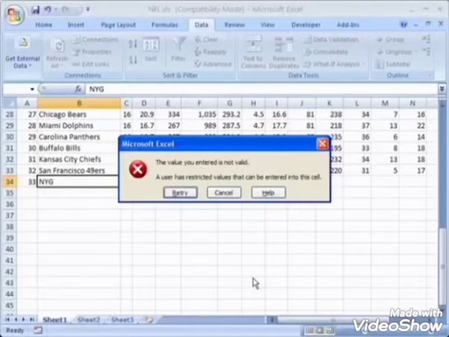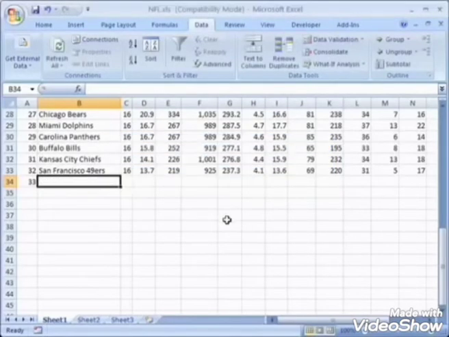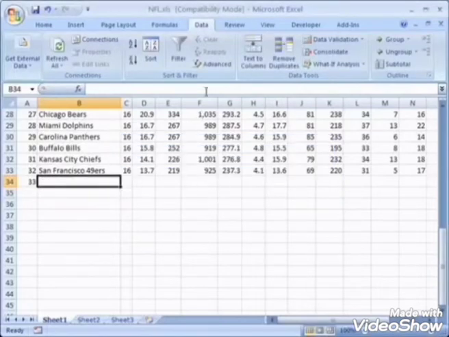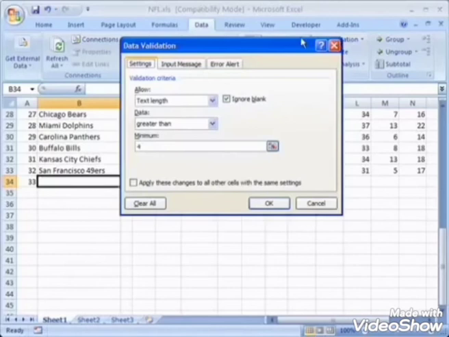See, the message came because of 3 letters. How much do I want? More than 4 letters. When there are more than 4 letters, MS Excel accepts the values automatically. That is data validation. Keep in mind, this is a very important feature used in Microsoft Excel.